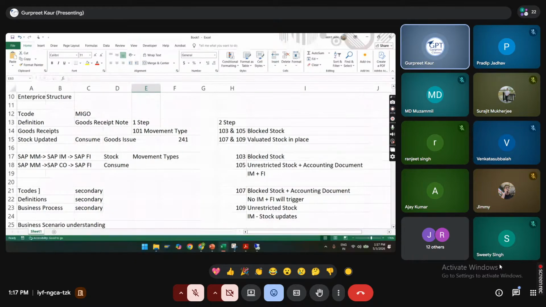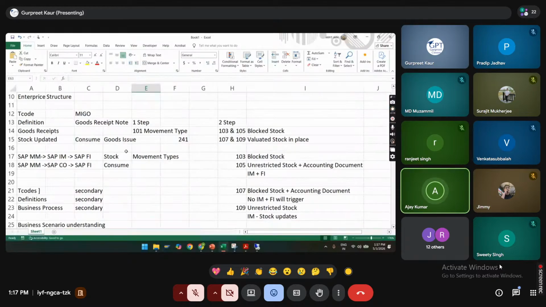Anyone else? The podium is all yours, guys. Hi Gurpreet, just one question. After the completion, on what basis will we be working on the project? Will it be support based or the implementation part? See, I'll be making you an implementation consultant. I'm not going to make you a support consultant.